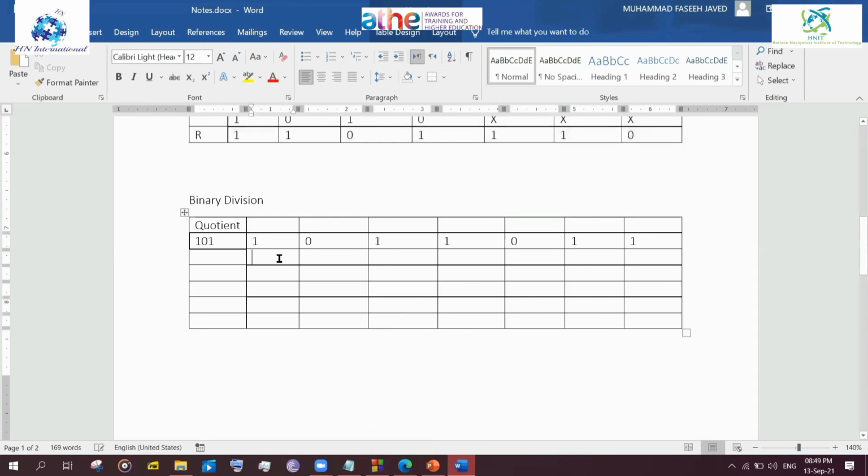That is our answer. The division also works the same as the division in decimal. So we check the number whether it can be divided or not. If it is not, we put 0 here, and if